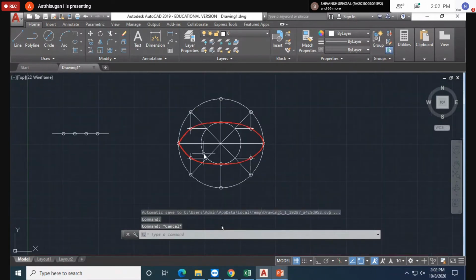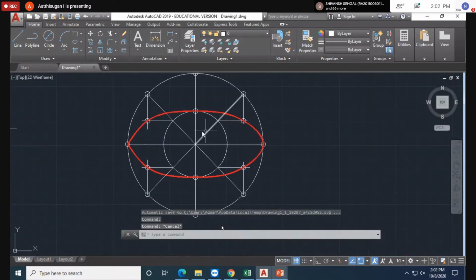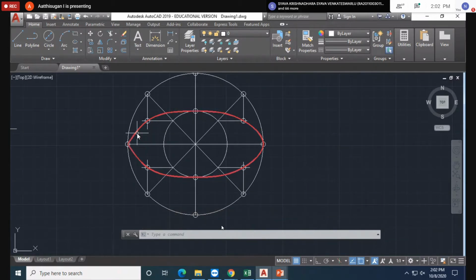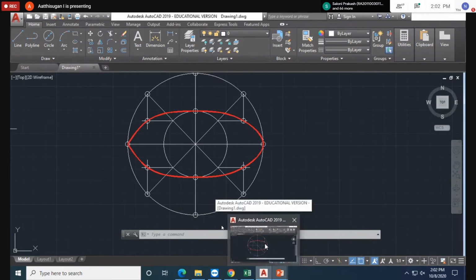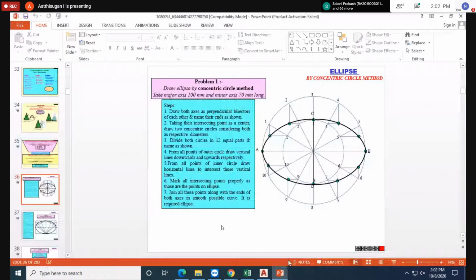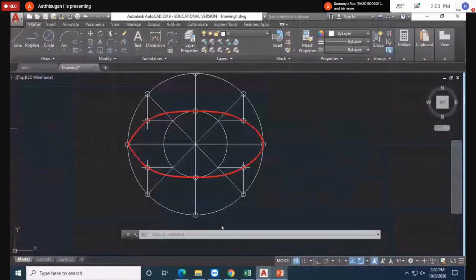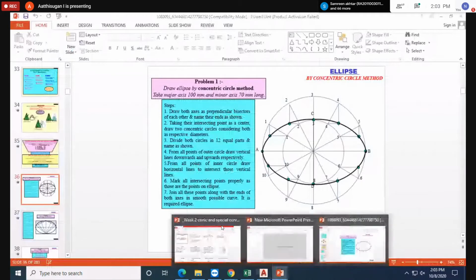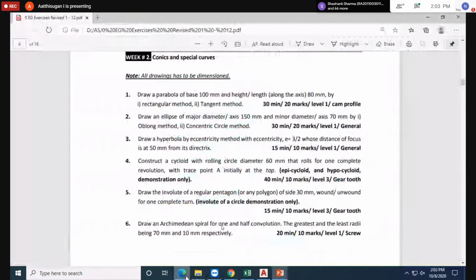Like this you can draw. Here I did it fast with the help of the circle option. You can name it here. For full marks, for all questions you have to give the naming clearly. A, B, C, D, or else 1, 2, 3, 4 numbering, you have to give properly. So A, B, C, D I give, or else you can give numbering for all the points. So this is the answer for your question number 2, second subdivision.